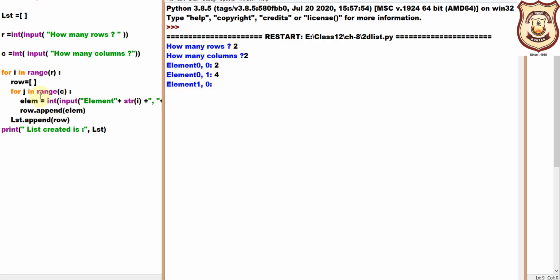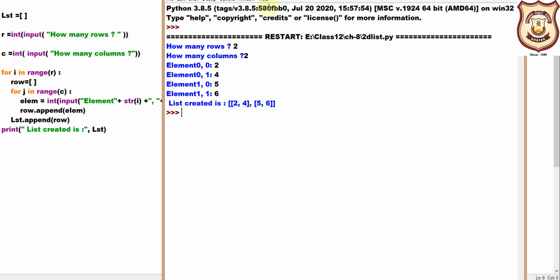Now j has become false, and i has been incremented by 1. Now again the j loop will work for 2 columns, right? So it is asking me for the second row, first column input, so I am giving it. In the same way we will enter the second column of the second row, right? So this way my list has been created.